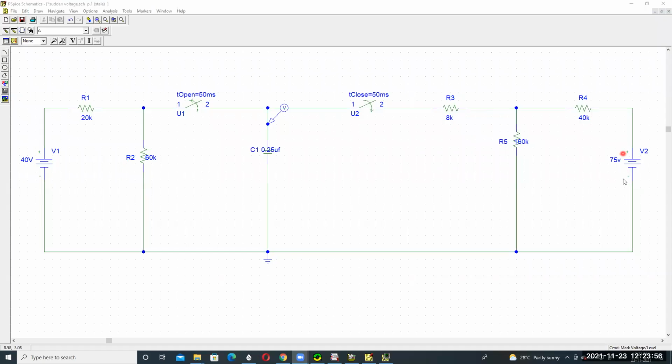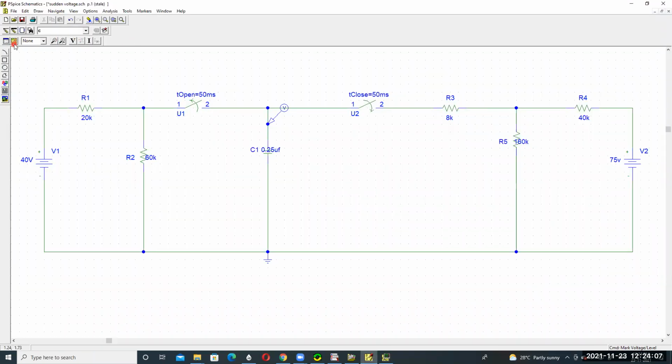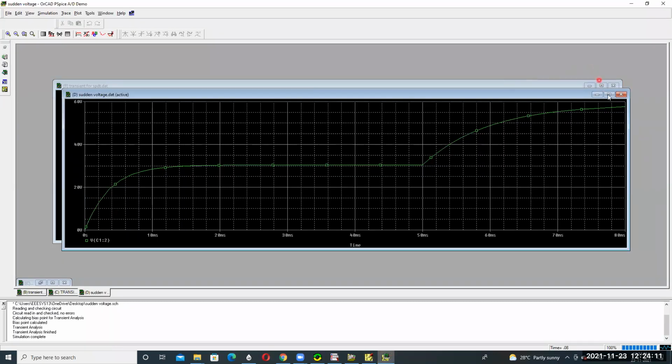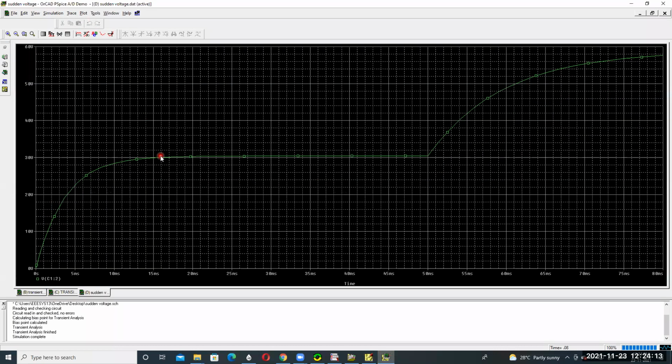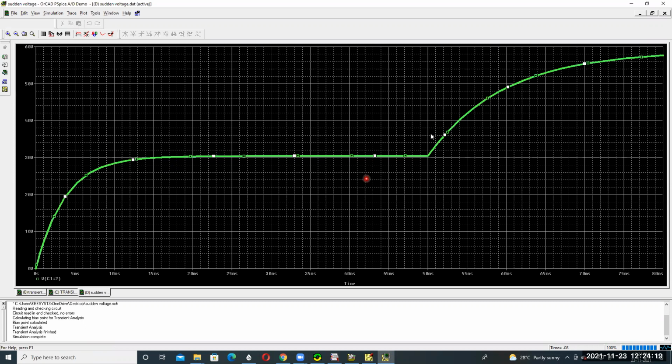This voltage source is connected in this polarity. That's why you are getting this type of response. So here simulate, and like this you will get this type of response. If it is this polarity, but actually our circuit polarity is not like this, it is the opposite polarity. So you will get this type of circuit.